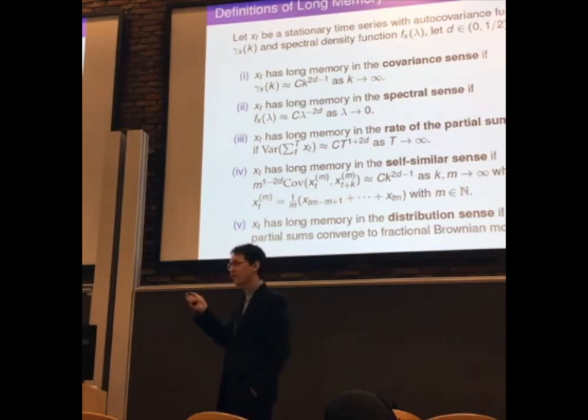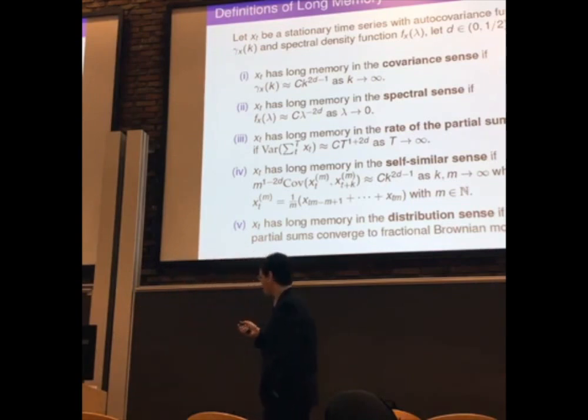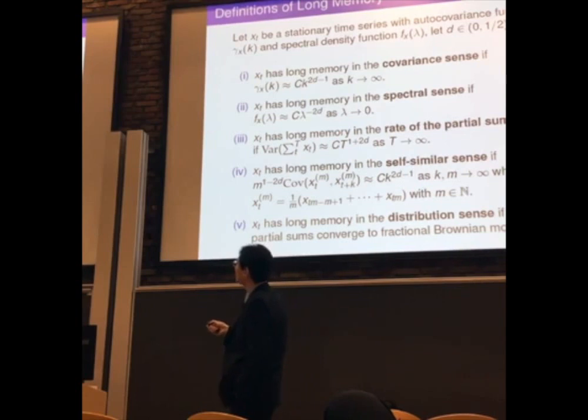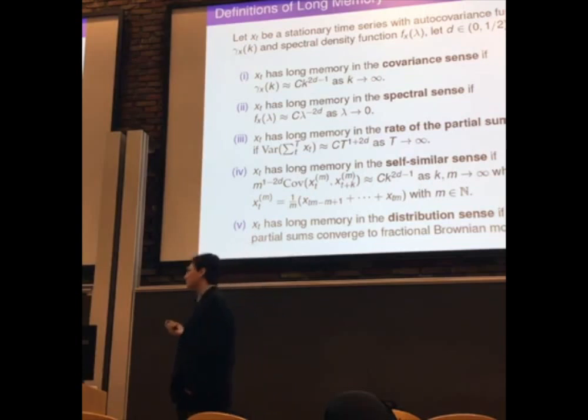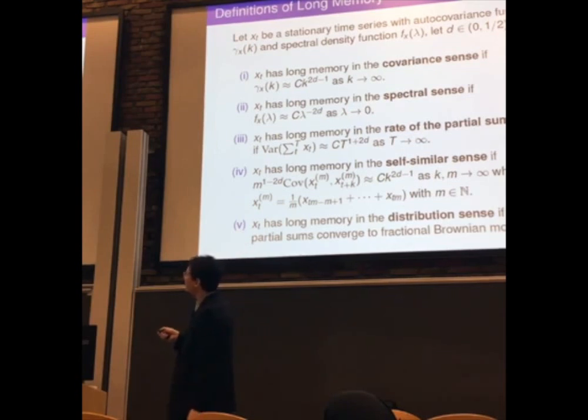That's related to the graph that I just showed you, that is going to zero in a slow manner, in a hyperbolic manner. What that means is that the autocorrelation function is a function of k, and it relates to k to the something. That would mean that it's hyperbolic. That was one way. The other would be the spectrum, as I told you, in this Granger paper. Looking at the spectrum, it has a pole at the origin. That's how we model it. So when you go to zero, this goes to infinity.